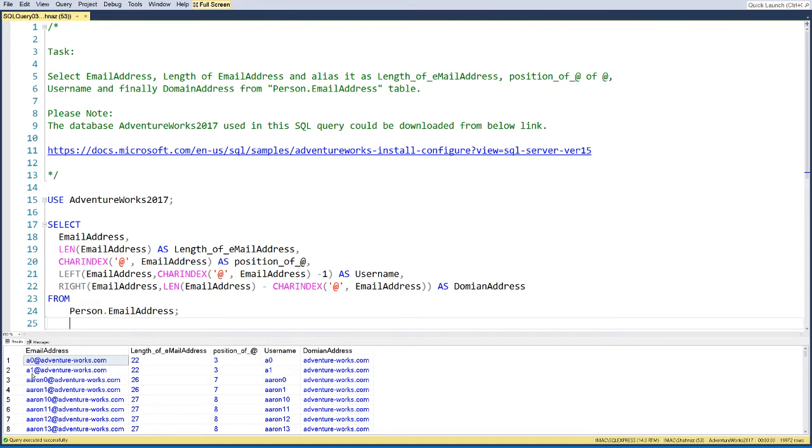Somebody has a1 as username, somebody has A0, and somebody has iron 0 and iron 1, and so on. If you see 10, 11 and so on, the length will change. So that's one thing, but you understood that if you need to know how long this complete email address is, you can just find the length of the email address and you will understand how long it is. Now after that, what I'm doing with this, I need to know the position of at